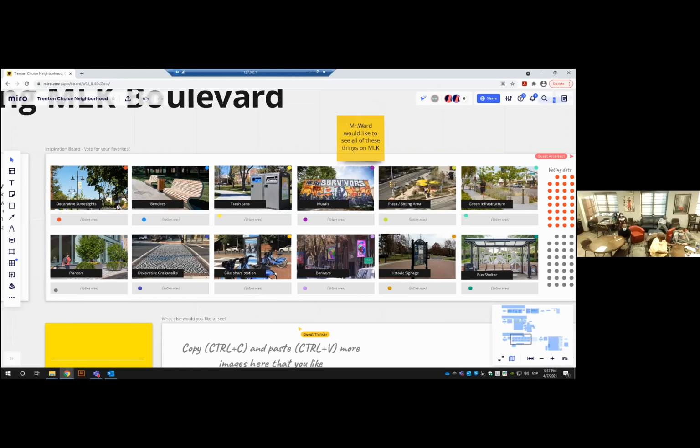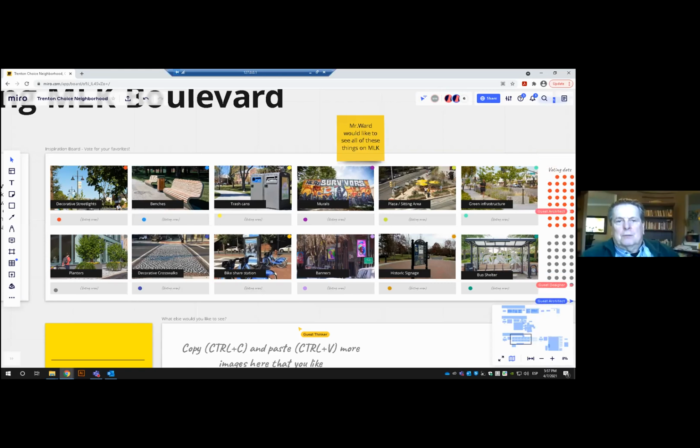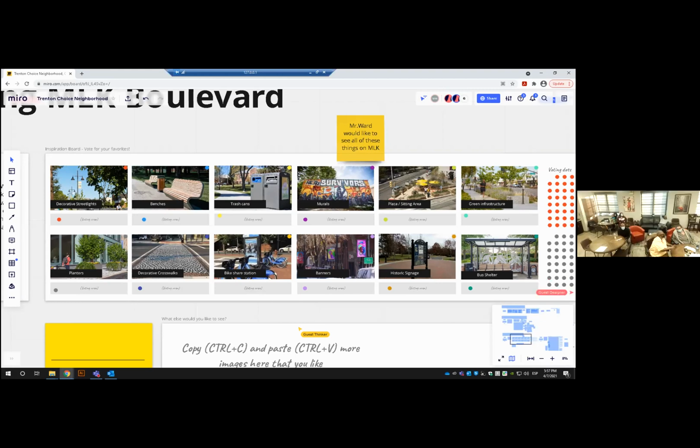I want a waterfall. You want a waterfall, a water feature. That's legitimate. It's absolutely legitimate. I will say that they are very expensive and very difficult to maintain, but they are also really beautiful when you can pull them off well. Well, we do have a canal. We can do something near the canal that emphasizes the water. I mean, it's there.